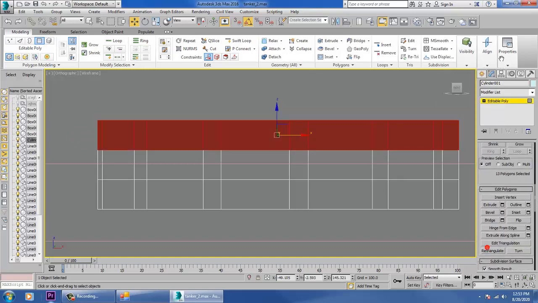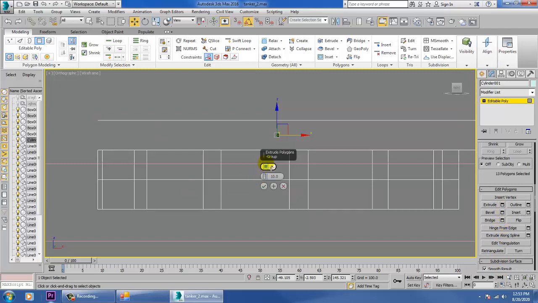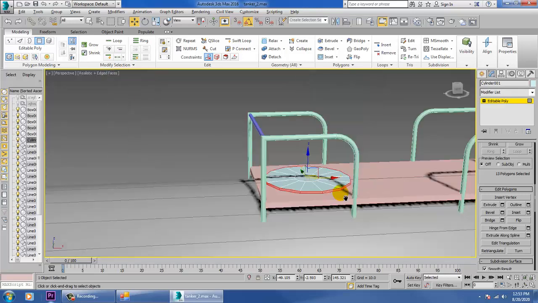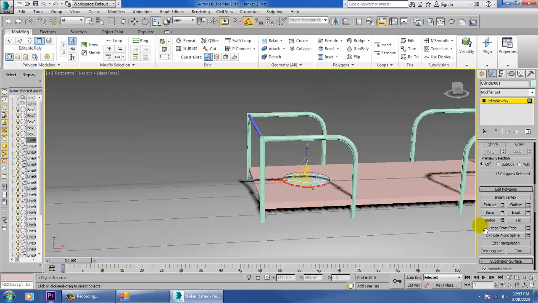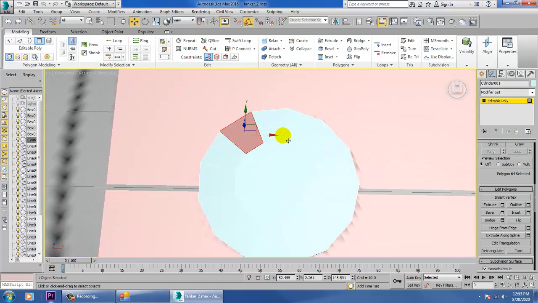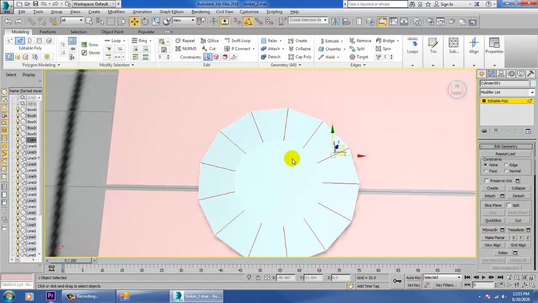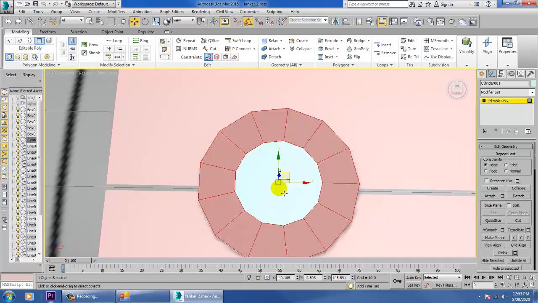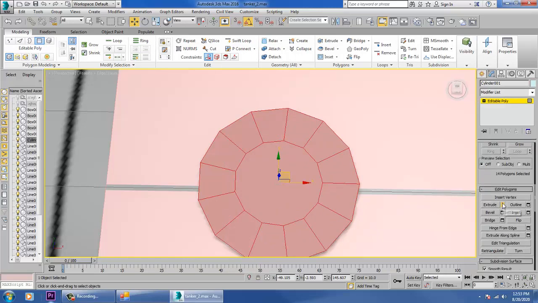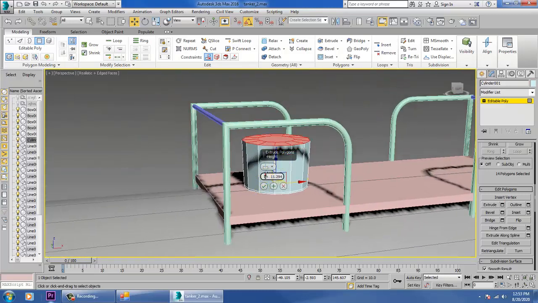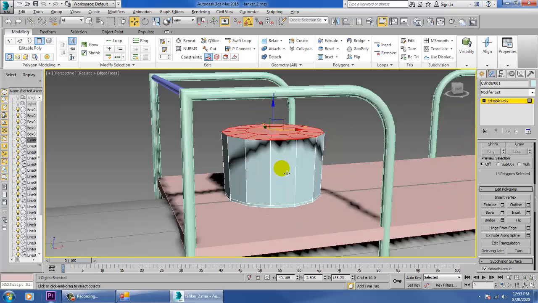So let's go into this again. Extrude it by local normal. So you can just push this up and where it is required.